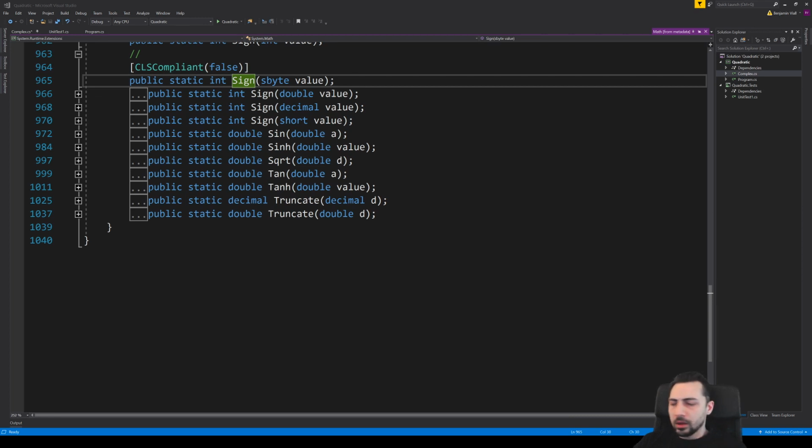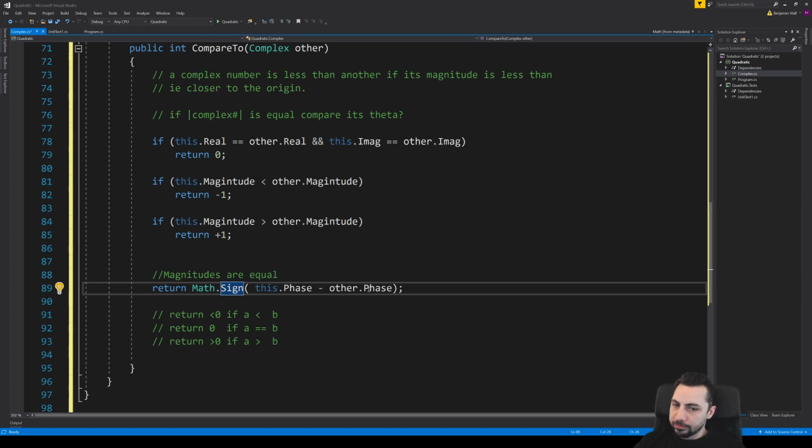All right. So the spoiler is that sign returns -1 if the value is less than 0, 0 if the value is 0, and 1 if the value is greater than 0, which is all we want our program to do anyway. So that's just going to return the sign of these two things subtracted. So if other.phase is larger, we're going to end up with a negative number, and math.sign will return -1.